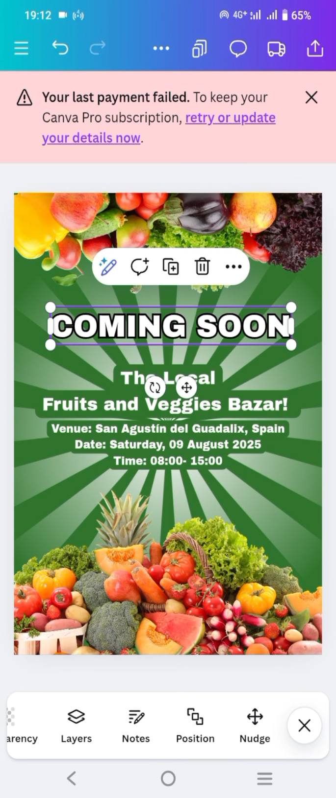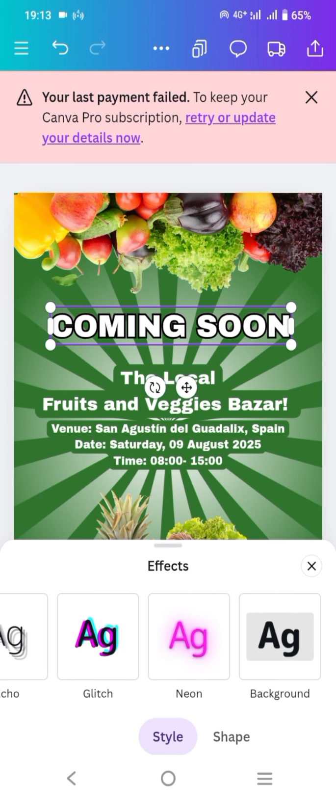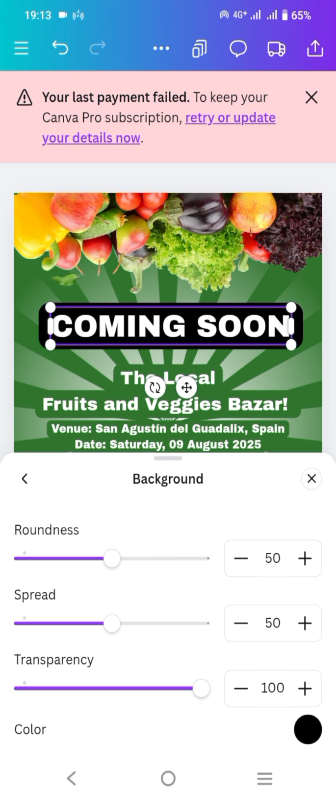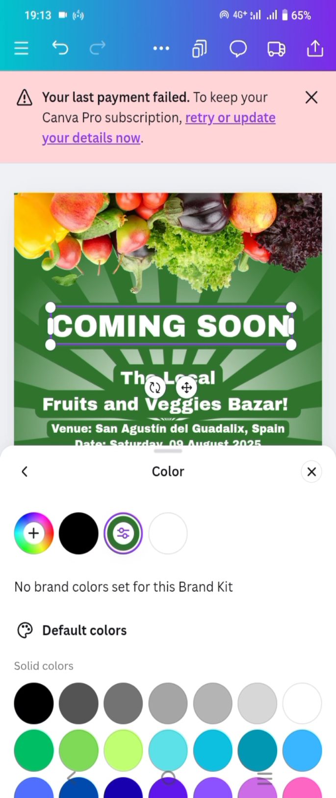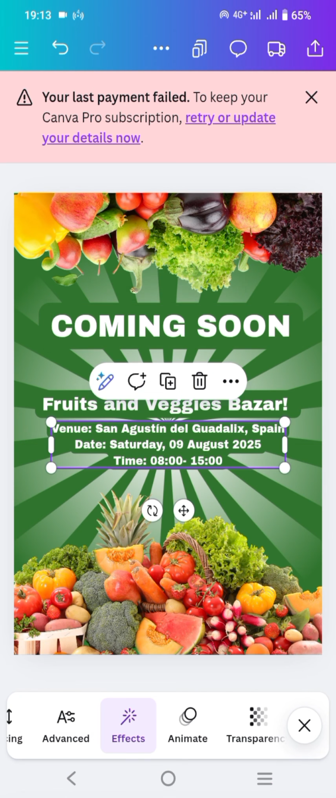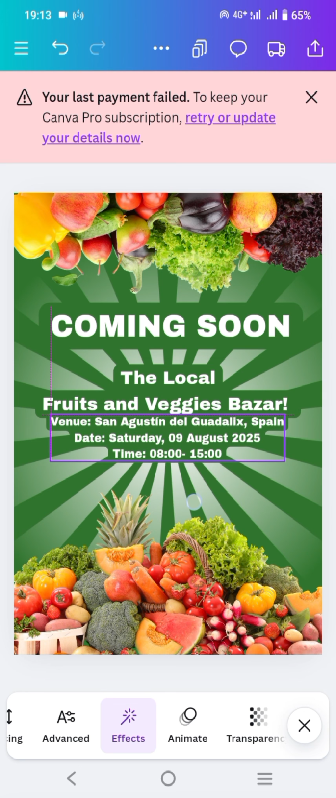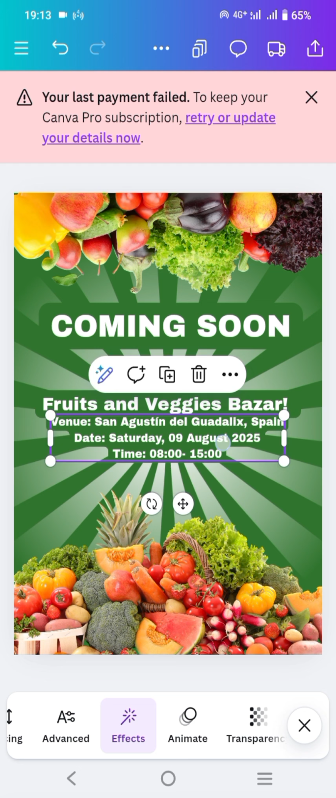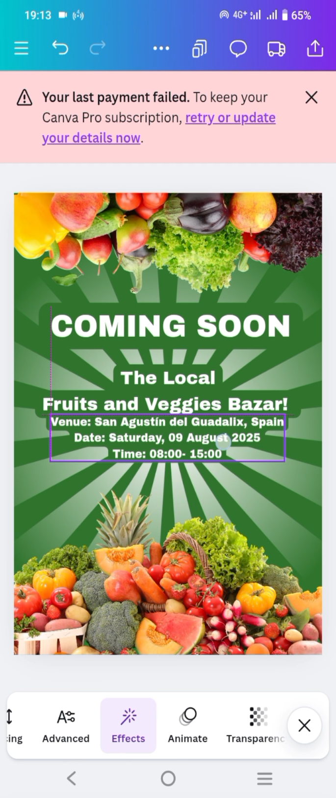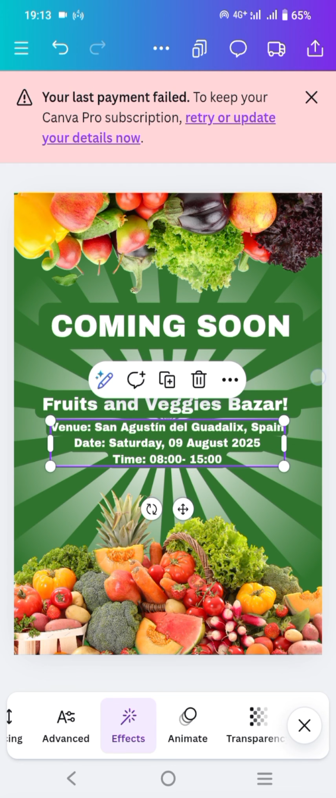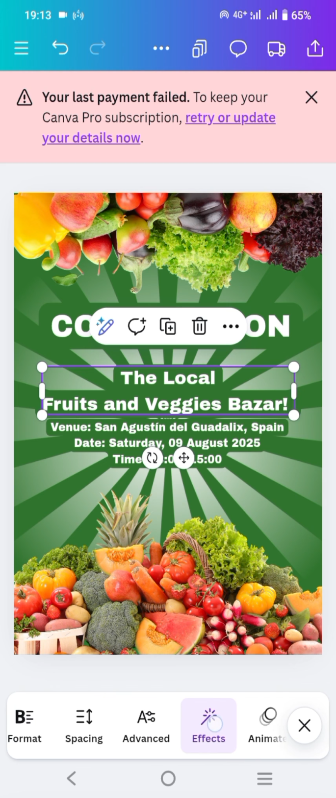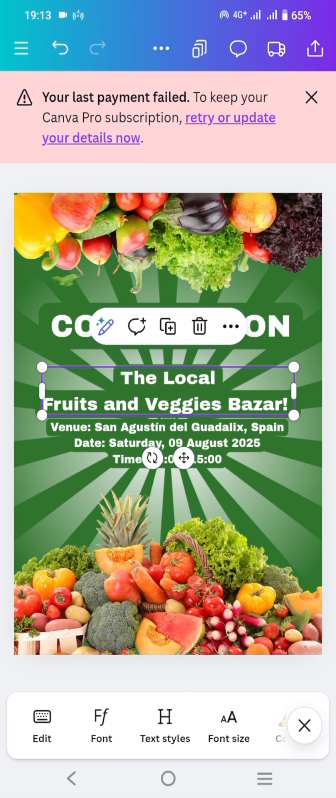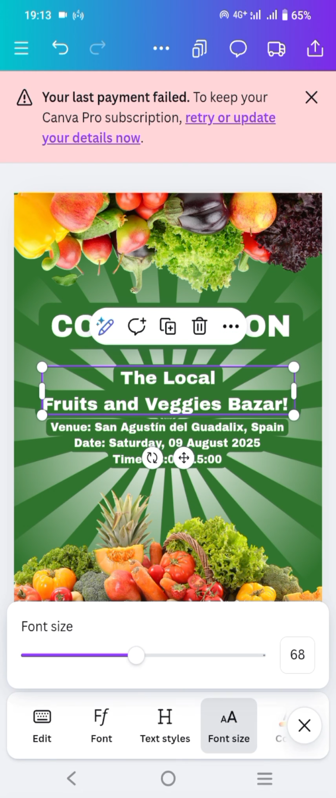I think it's better to make this coming soon text match this background, and I will choose the green color and I will slightly move this text and slightly enlarge the size,